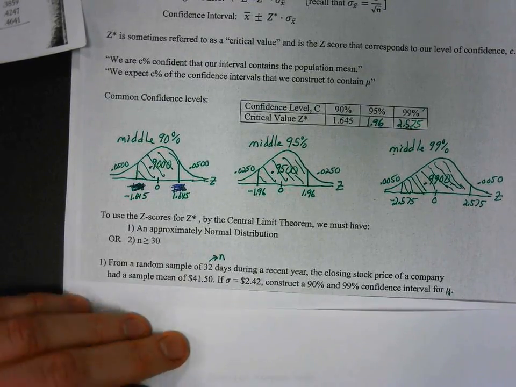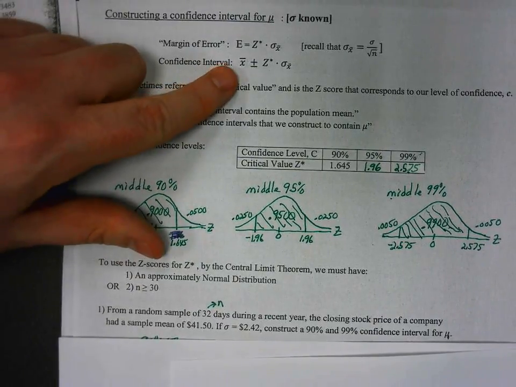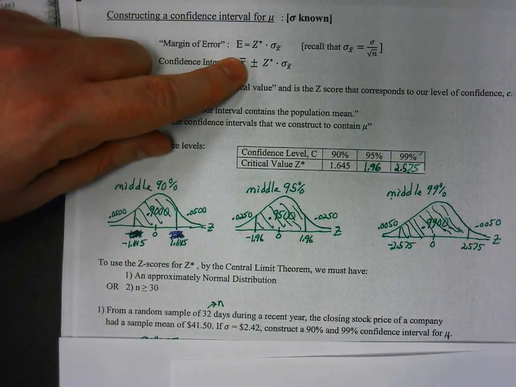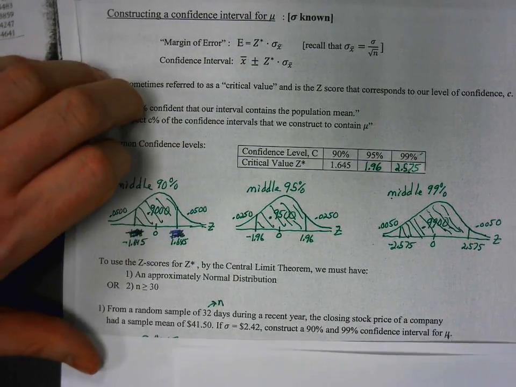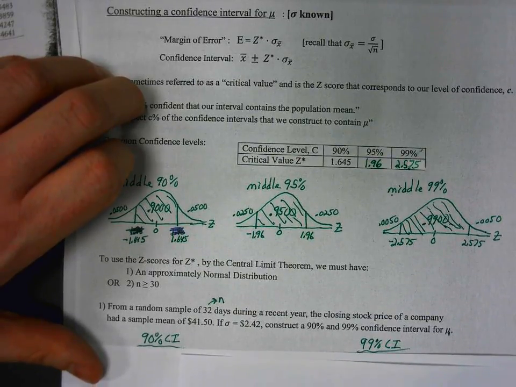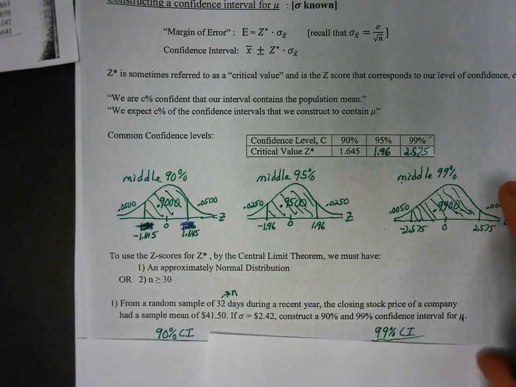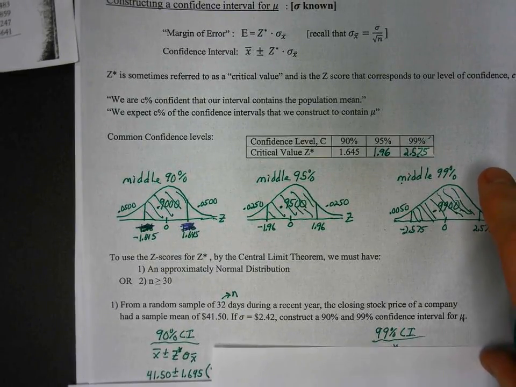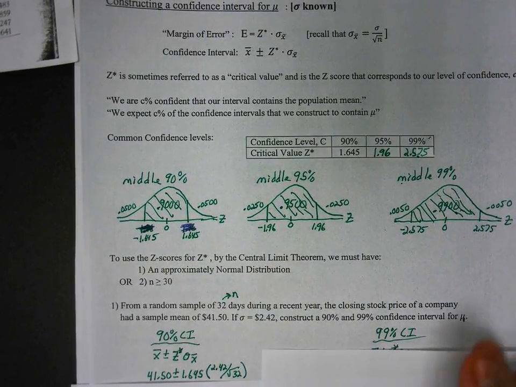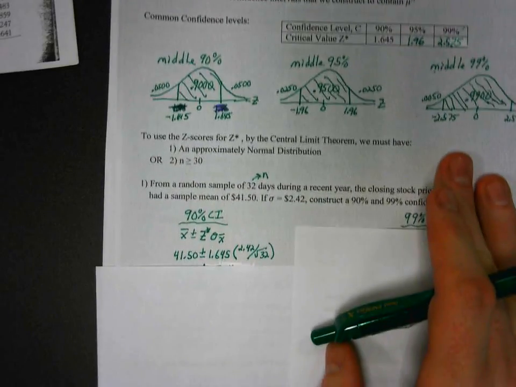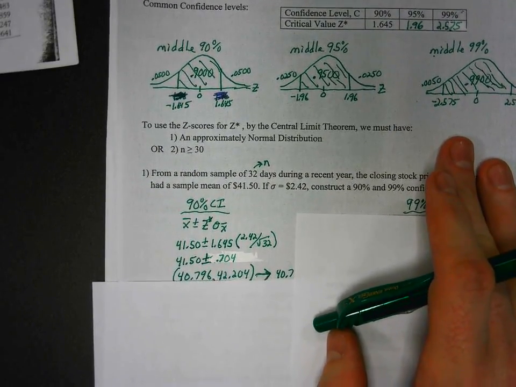Okay, so now, when you look at x bar plus or minus z star times sigma of x bar, again, this is really just plug and chug. We're going to do a 90 and 99% interval. Okay, so again, I have these answers already worked out, so I'm just going to slide those down. So for the 90% interval,